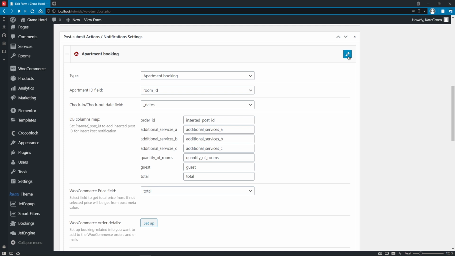Here we have apartment booking action added. What it does, it actually connects our form with the booking functionality that is powered by the JetBooking plugin, this one right here. So we can see that the apartment ID and the check-in, check-out date fields are mapped already,